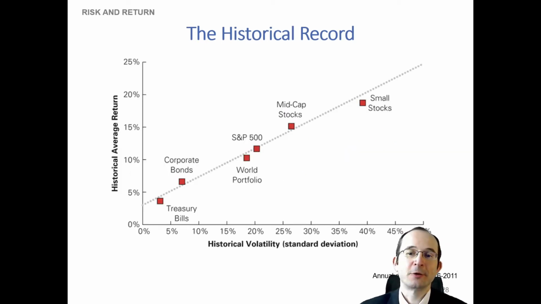And if we plot this more systematically, let's just, instead of looking at cumulative return over time, actually plot the returns and volatility against each other. And we see that there is indeed, as we might expect, a linear relationship. Small stocks have the highest returns historically as well as the highest volatilities. Mid-cap stocks less in both. S&P 500 less in both, world portfolio a bit below that, corporate bonds far lower in both dimensions, and